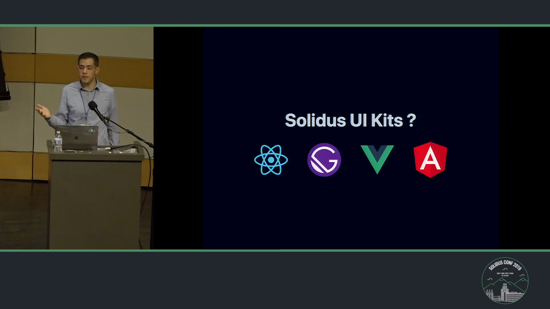Or what if we were to use Gatsby? Gatsby has a thing called Gatsby Themes, which is basically like modules on Gatsby, right? And so we could make an eCommerce one for Solidus and allow our front end to be completely in Gatsby. This is a way that we could leverage the API to build a better UI and a better user experience, and really bring Solidus into a more modern architecture and hopefully have something that sets us apart